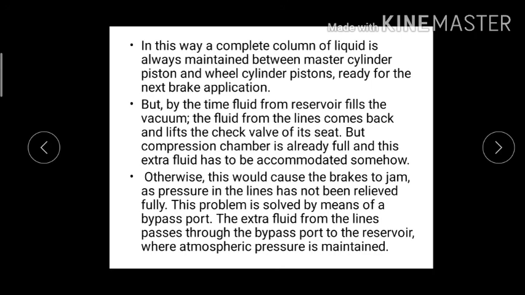After entering, the pressure inside the master cylinder will go on increasing, because the oil is entering from the liners and from the reservoir. So to avoid the increase in pressure, or the rise of liquid in the master cylinder, there is a bypass port which allows the extra liquid to flow from the master cylinder back to the reservoir, which is maintained at atmospheric pressure. Okay, so this is the explanation of the master cylinder.